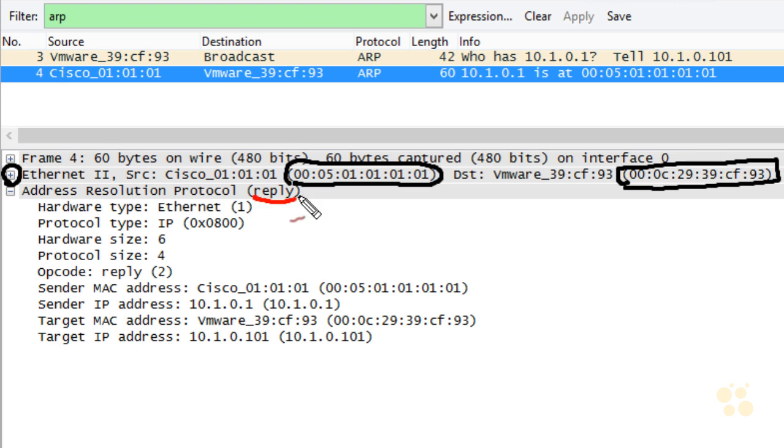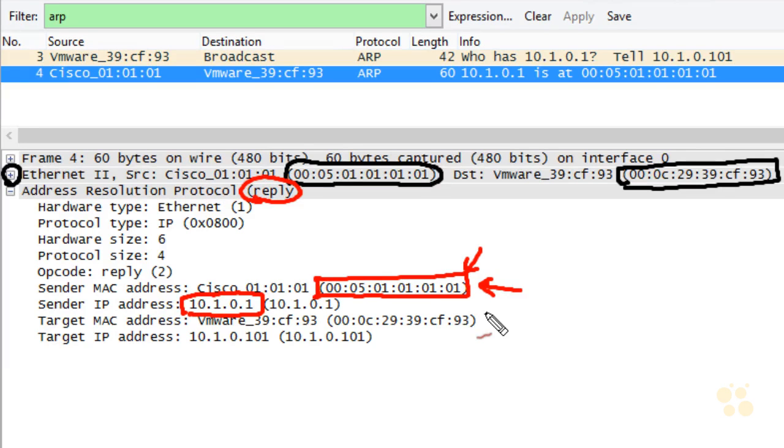And in the payload of this reply, the sender is indicating his IP address. This is R1's IP address as well as R1's MAC address, which was the whole purpose for the ARP request in the first place. Computer 2 wanted to learn the layer 3 to layer 2 mapping, specifically the layer 2 address of its default gateway, and now it has it. So for future frames that it sends to the default gateway, it can address those at layer 2 using the